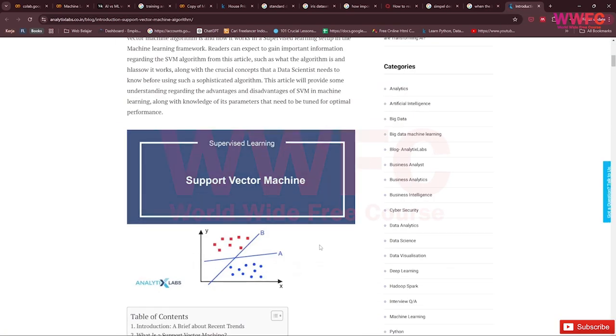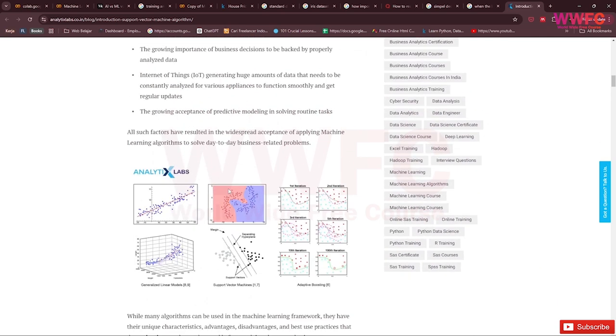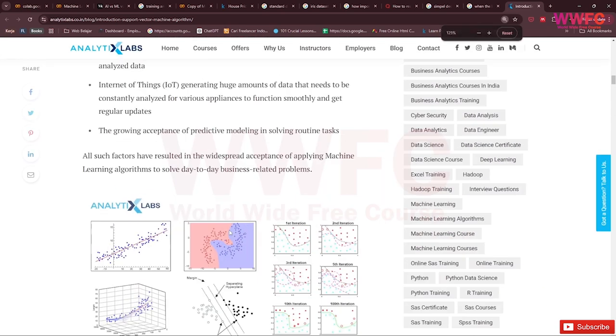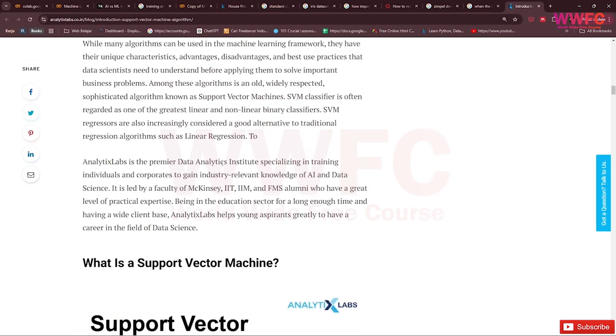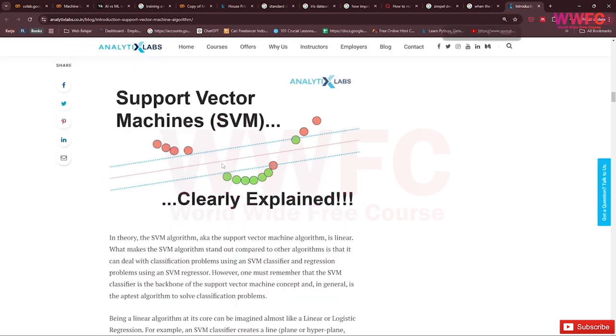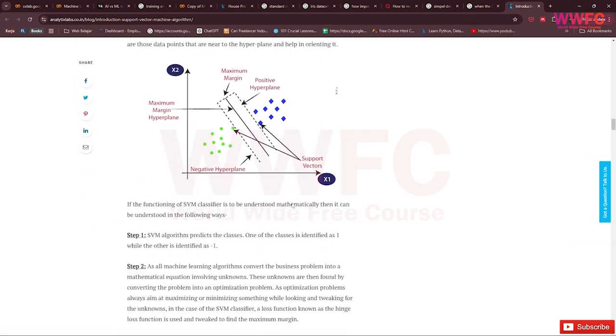So in here we can check the visualization of the RBF support vector machine. So SVM, support vector machine, is using this, and yeah, it's a better explanation.